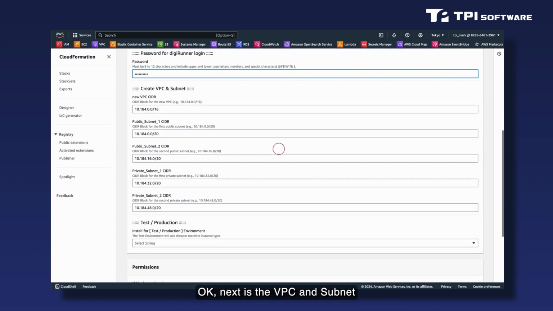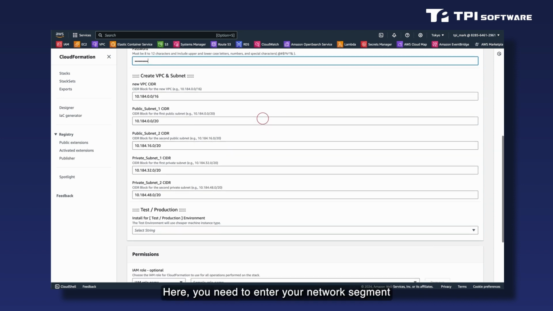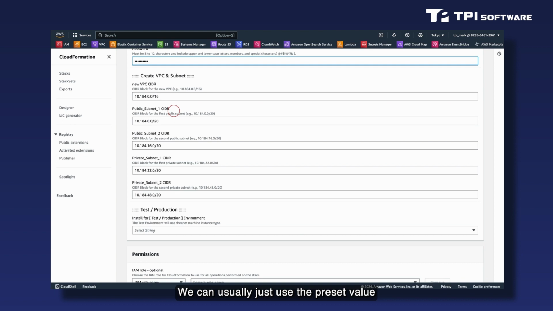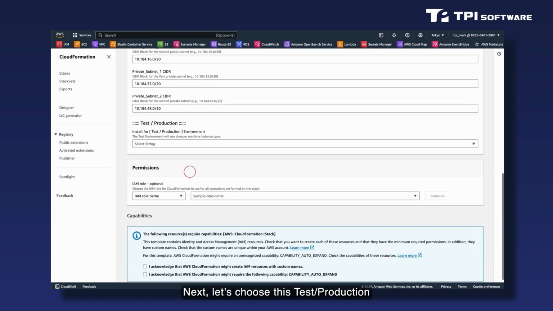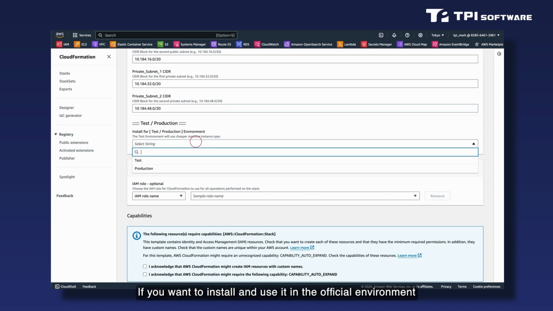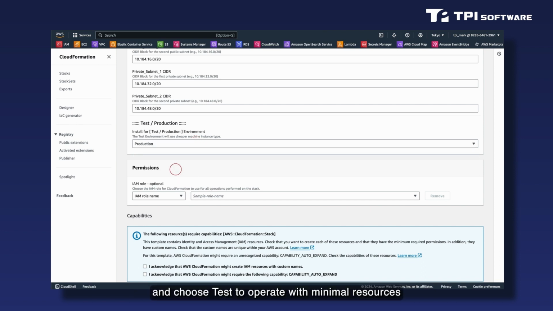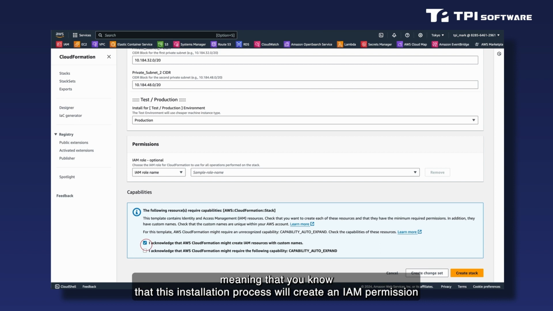Okay, next is the VPC and subnet. Here, you need to enter your network segment. Please note that your network segment must not clash with your original network segment. We can usually just use the preset value. Now, let's choose this test production. If you want to install and use it in the official environment, choose production and choose test to operate with minimal resources. As for the bottom part, here we can check this too, meaning that you know that this installation